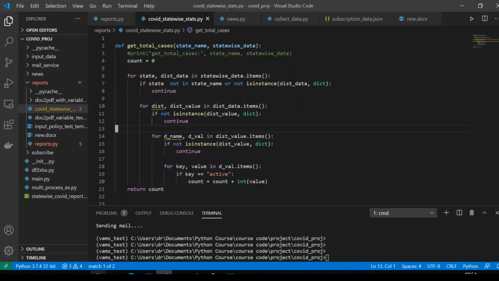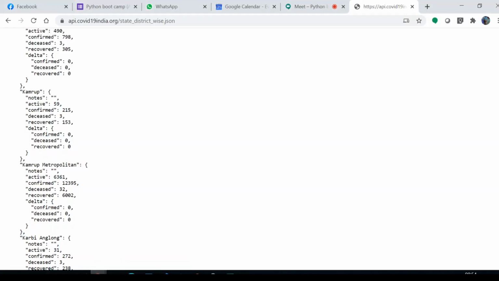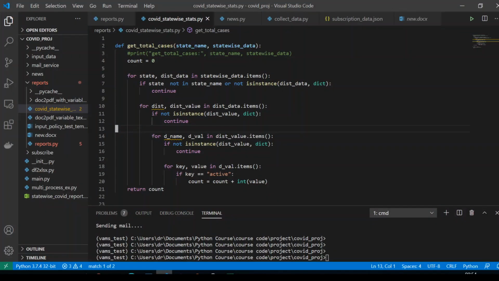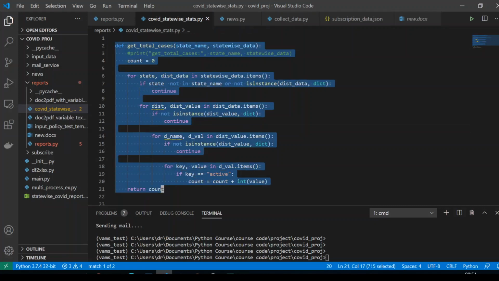As we discussed, my end goal is to find all the active cases and sum them up for a given state. This function can be used in the subscribers' data as well. As we saw, a subscriber is interested in only a couple of states, or very few states, and he will give his state name, and this function will be used there. Give the state name and get the active number of count.